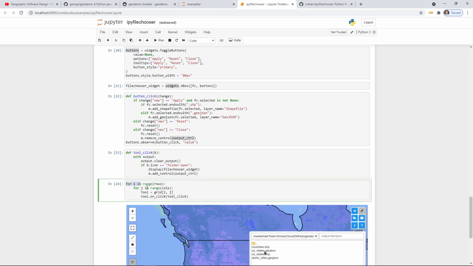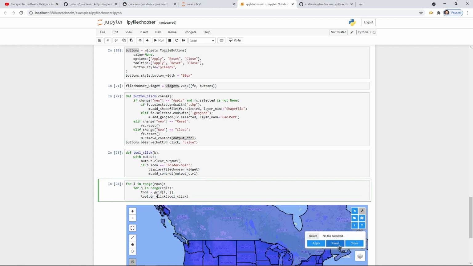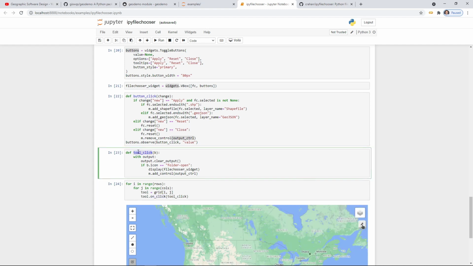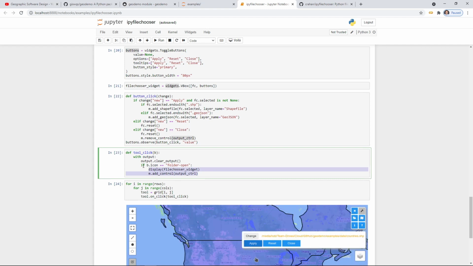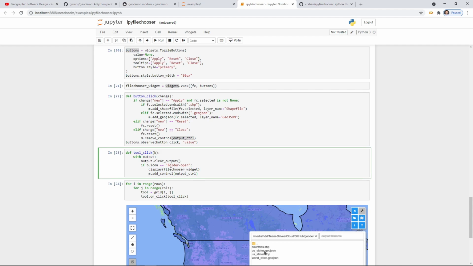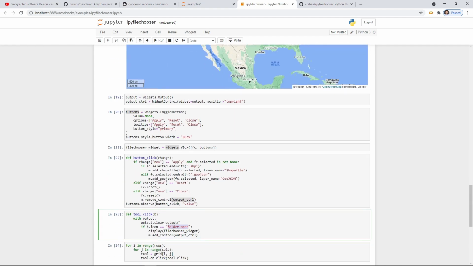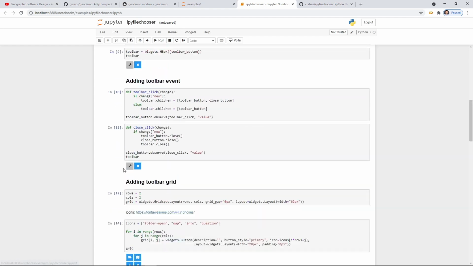And lastly, you want to monitor. All the buttons have the on-click function. That means if the user clicks that button, it's going to call this function. Depending on which button is clicked, it's going to do something eventually. Right now, we only have one button that's actually actionable. If you have more buttons, you can just add else if b.icon equal to something else. So this icon comes from earlier, at the top somewhere here,